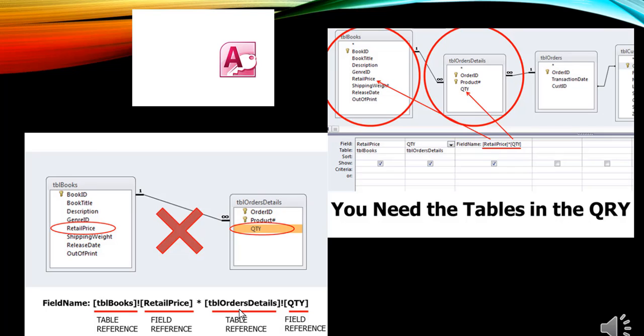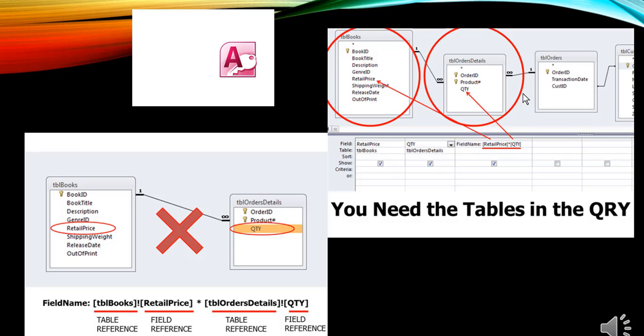So when you write an expression in Microsoft Access, you definitely need to include the tables you are using in the query. Without including the tables, it would not be possible for Microsoft Access to give you any result.